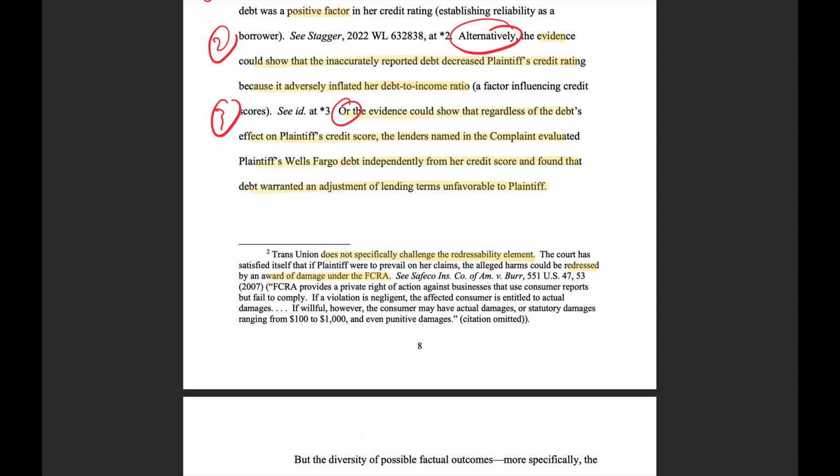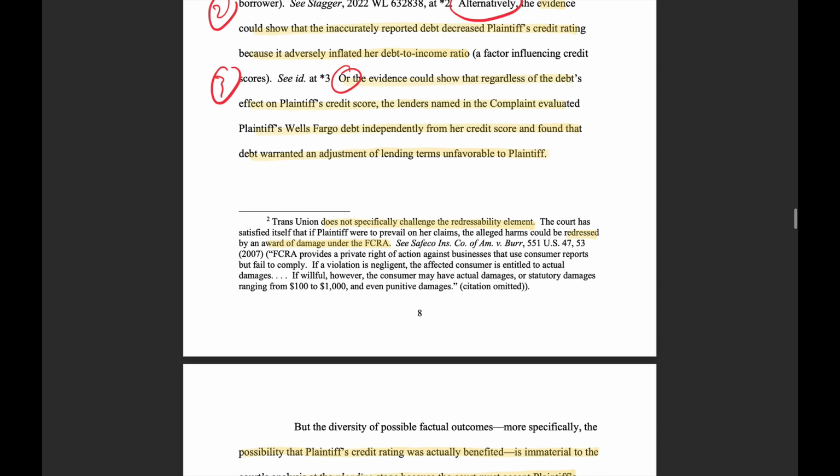In other words, I might have a good credit score, but then when the underwriting looks at my, for example, mortgage application, they say, well, hey, John, you got too much debt. It's consuming too much of your monthly income. So I can be damaged even though it doesn't affect my credit score. It may affect my ability to go get credit. And all of this is talking about simply economic damages. We also have the emotional distress damages.